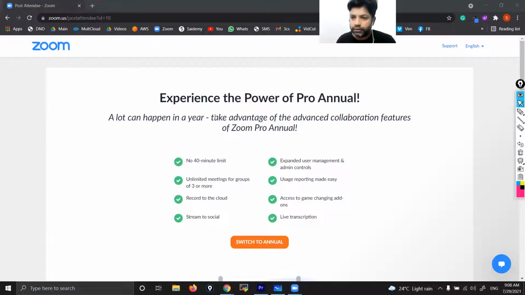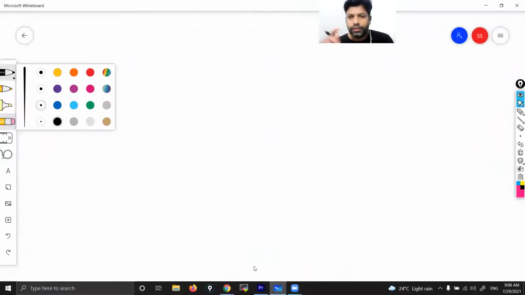Now let's start our class. In yesterday's class, we were trying to understand how to launch a Linux instance. Before that, we have seen how to launch a Windows instance also. There is a separate section for billing. You won't get any bill for the first 1 year, that is free.